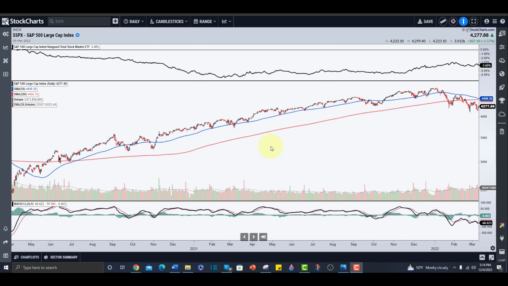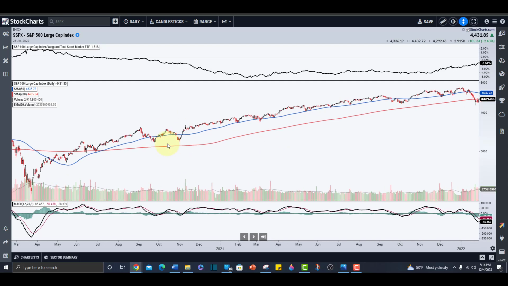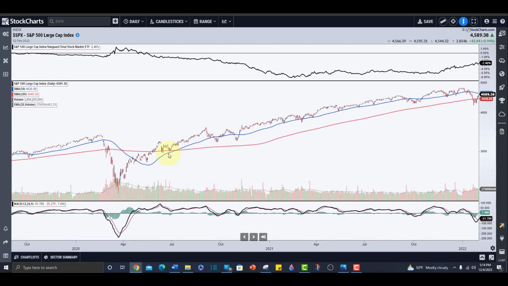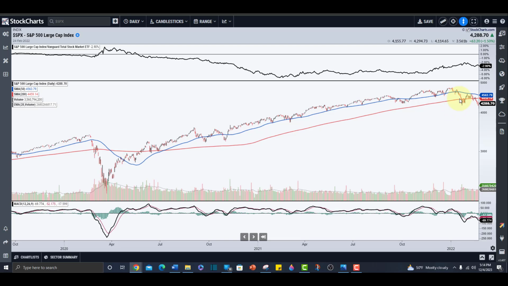We had a really nice rally in the market from 2020 all the way up until 2022. Beginning in July 2020, the market stayed above its 200-day simple moving average, and for the most part stayed above its 50-day. And this is when we should have been playing positions to the long side. And when it undercuts the 50-day, then that's when you pause, look at what the stocks at large are doing, and figure out, okay, is this just a normal pullback, or is this the beginning of a bear market?